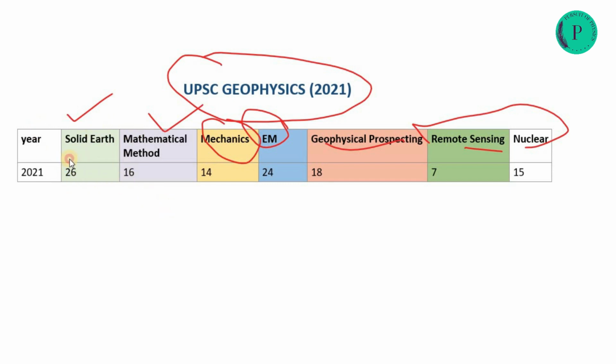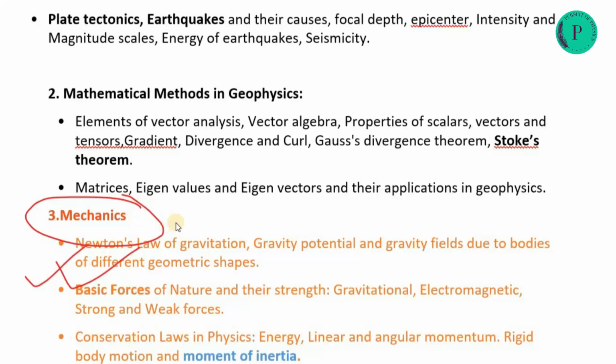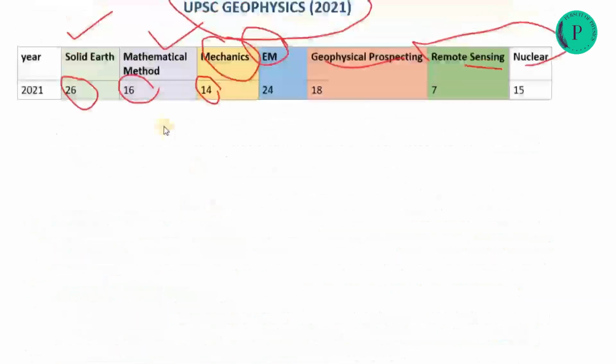Like the solid earth questions, almost 26 questions are there, and mathematical methods 16, and the mechanics syllabus is also inside the mathematical methods in geophysics, meaning the conventional mechanics syllabus is inside it. So I'll consider it as a separate mechanics portion, not in mathematical methods. And if you combine that 16 plus 14, then 30 questions were asked from mathematical methods, and it is extremely